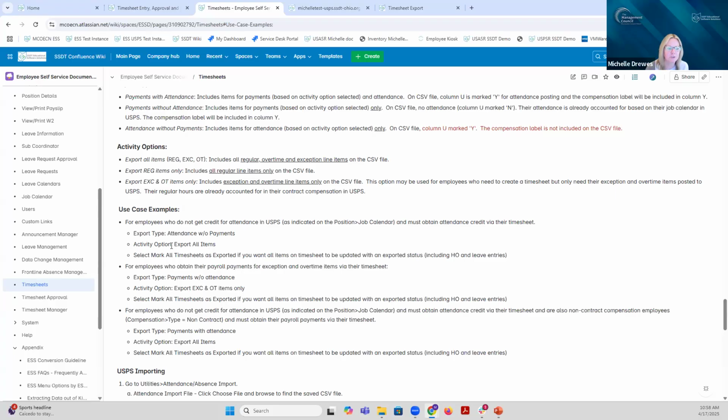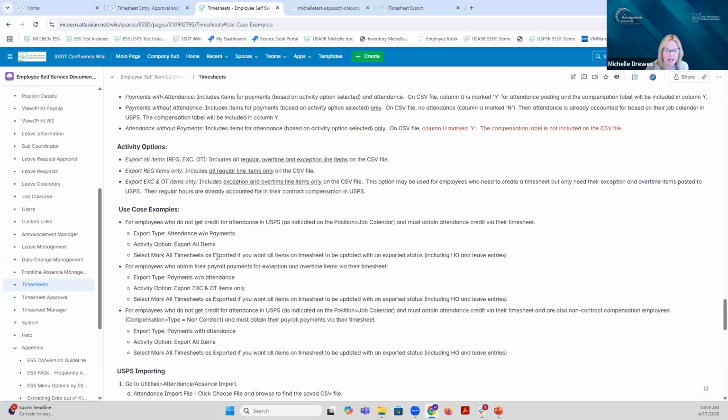My export option would be attendance without payments. My activity option would be export all items, because I want all items, regular, exception, overtime, so I can get attendance credit for them. And then at the same time, I can also mark all timesheets as exported,